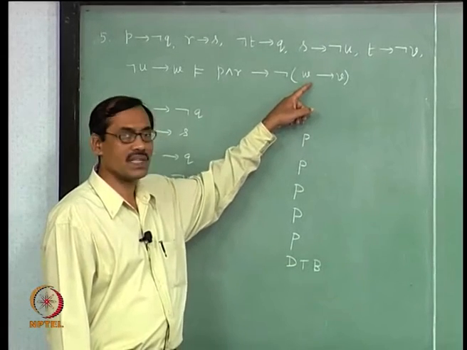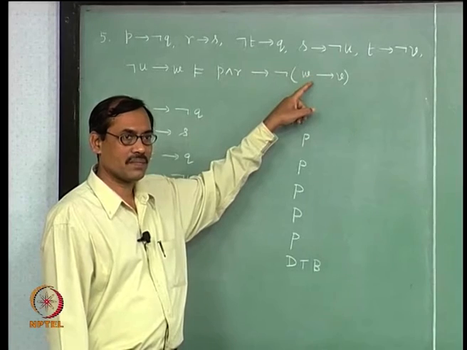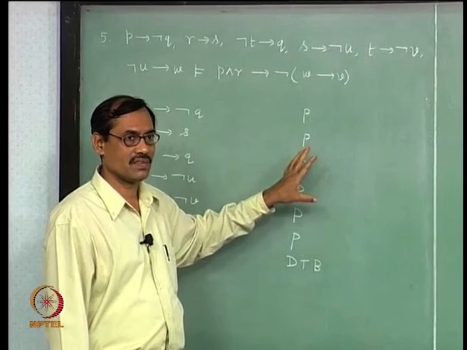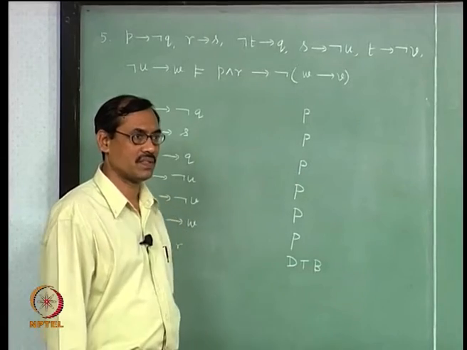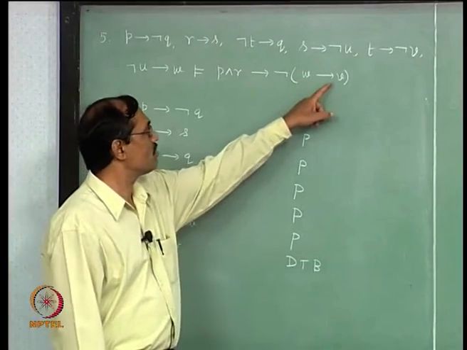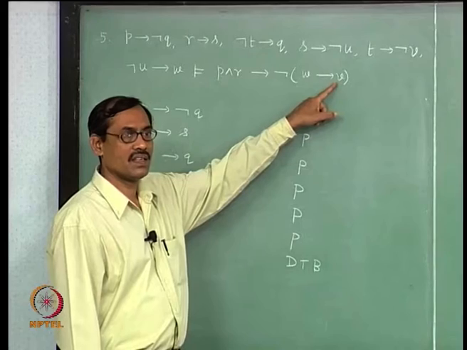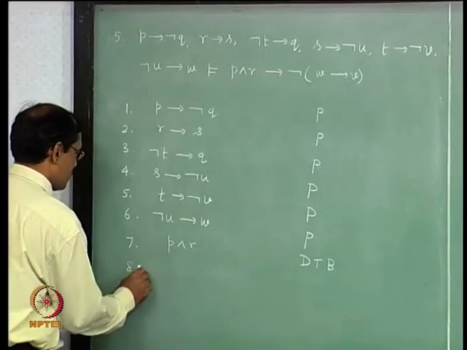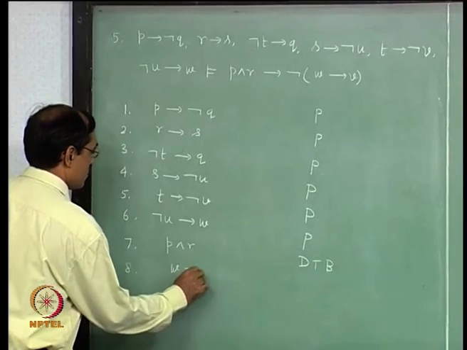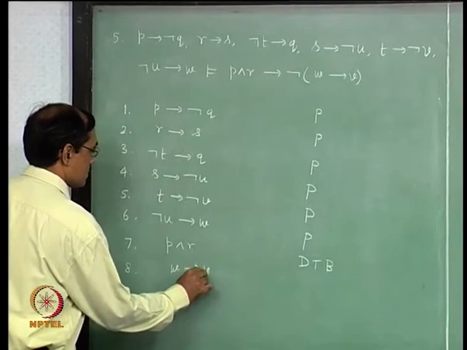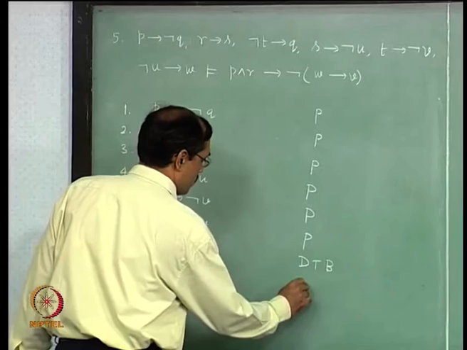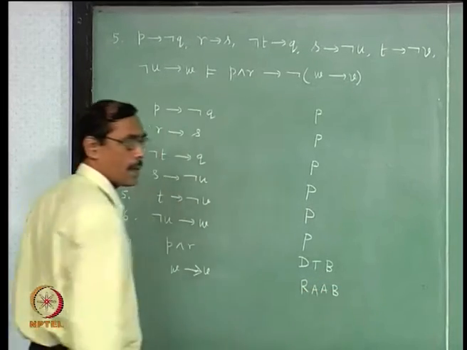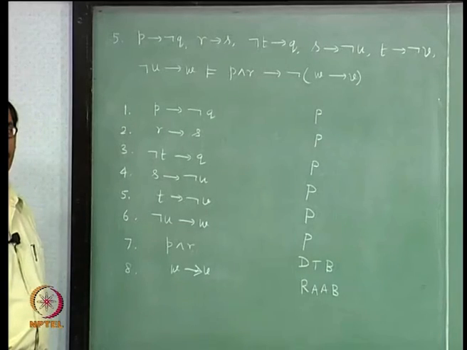So, we will start using reductio ad absurdum here, because we want to show how the nesting is done in the loops in application of these meta theorems. So, let us take W implies V as the next extra premise. So, we say 8, which is W implies V. So, here we have to write reductio ad absurdum begins. Okay.